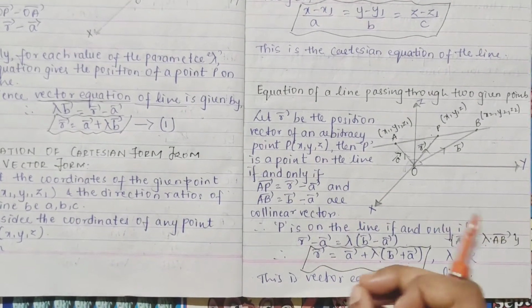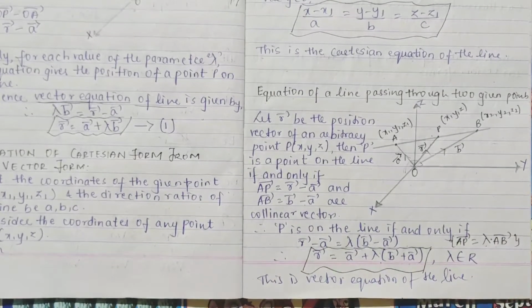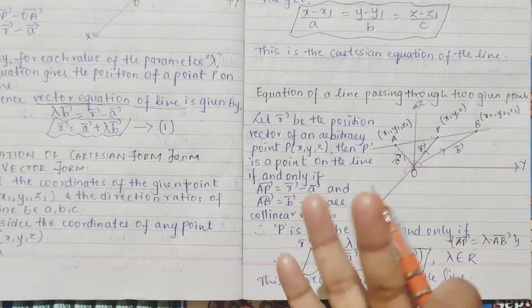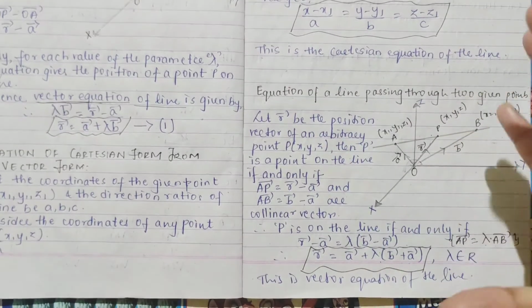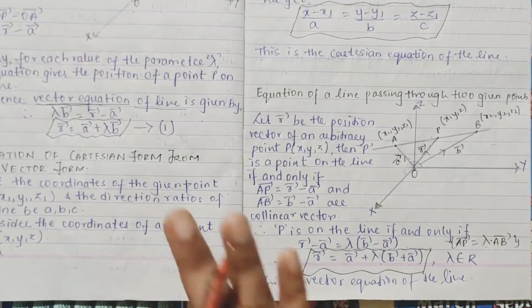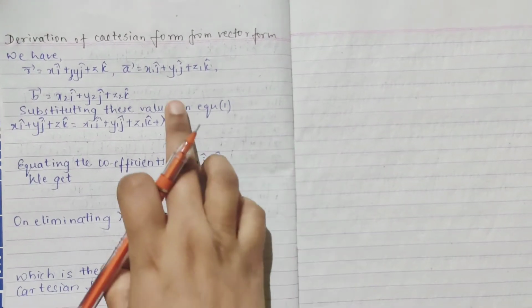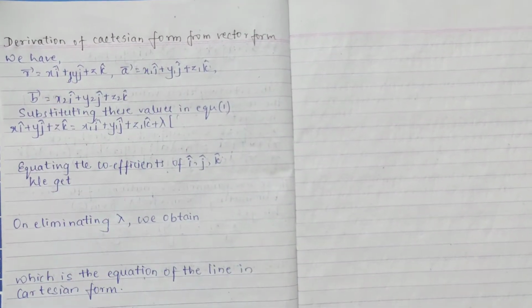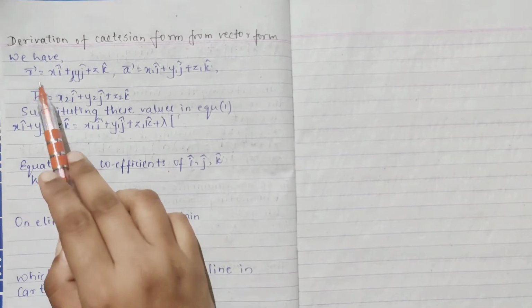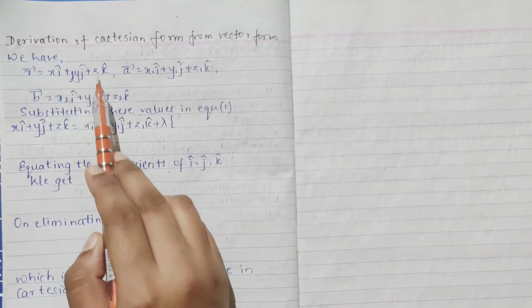So it is very easy. If you get these derivations, you can earn your 3 marks or 2 marks if they ask, like half of a part. Next, the same derivation we will do in the Cartesian form, right? From your vector form. So we are taking our same r as x i cap plus y j cap plus z k cap. This is how it came.